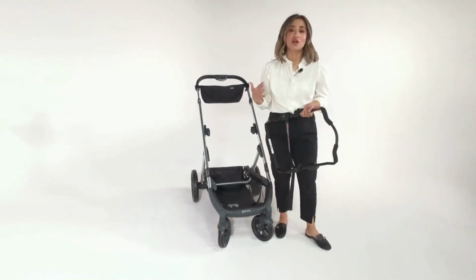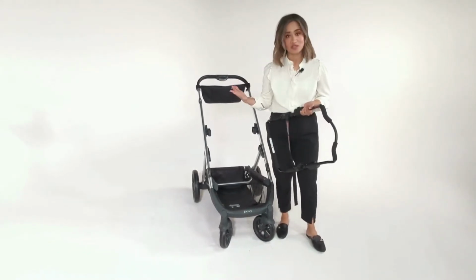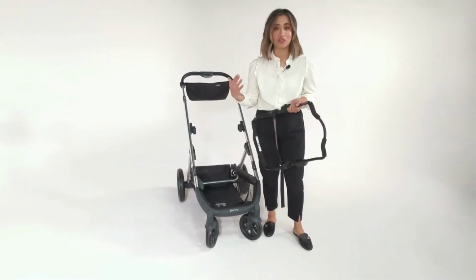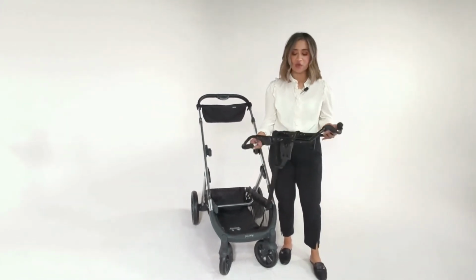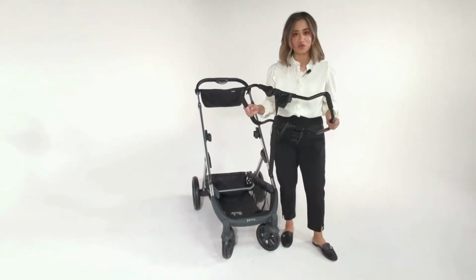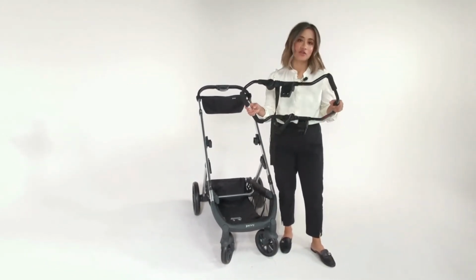Joovy recently launched a universal car seat adapter for the Qool Stroller, and that means that there are a ton more car seats that are now compatible with the Qool Stroller, which is awesome. So in this video, I'm going to show you how to use that universal adapter and how to attach